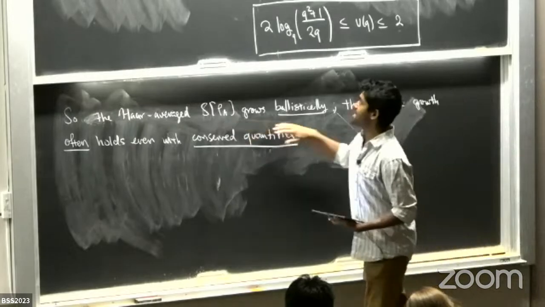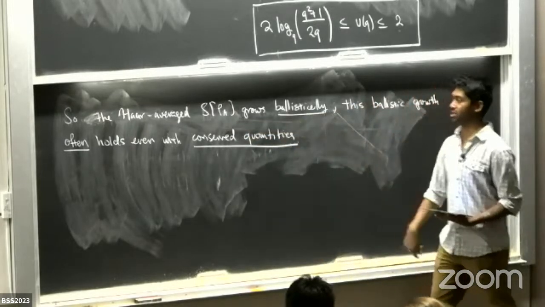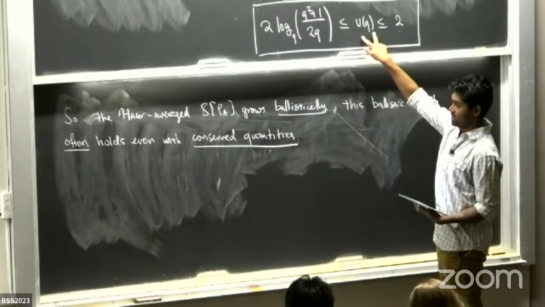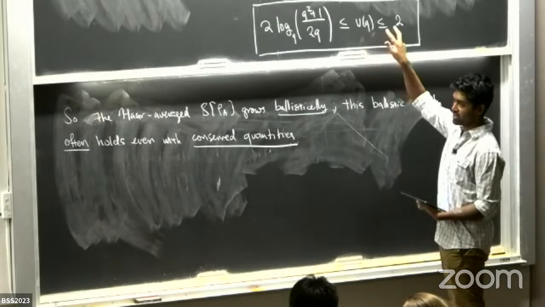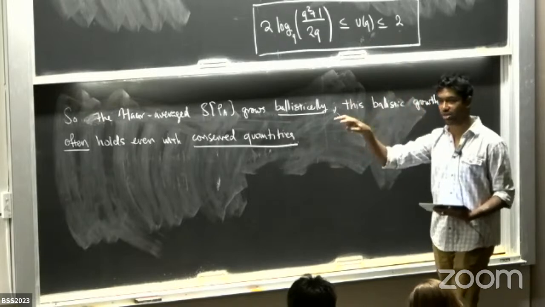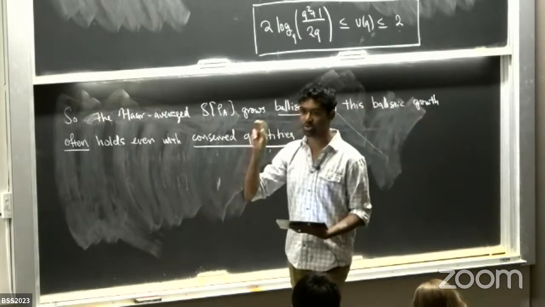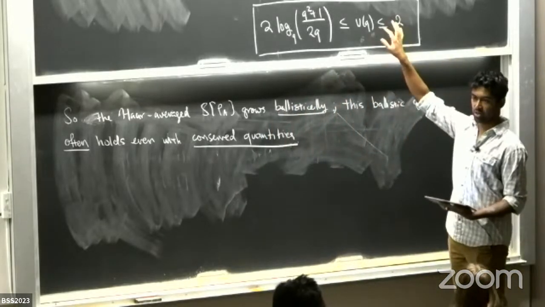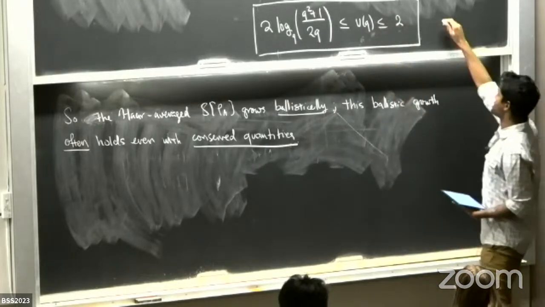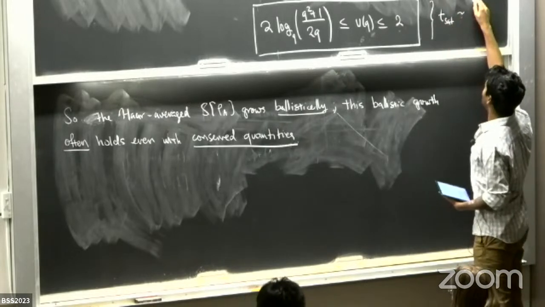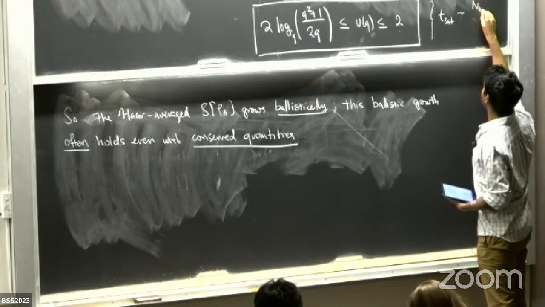So one last thing I'll say here before moving on. We've just talked about the Haar average S of rho. The reason this v is known as an entanglement velocity is because it also governs the saturation of the entanglement entropy. When we talk about the saturation, we need to introduce a length scale, which is now the size of the subsystem whose entanglement is saturating, right? And not only does v govern the entanglement growth rate, but the saturation time is going to be more or less equal to the number of qubits in A, let me call it NA,